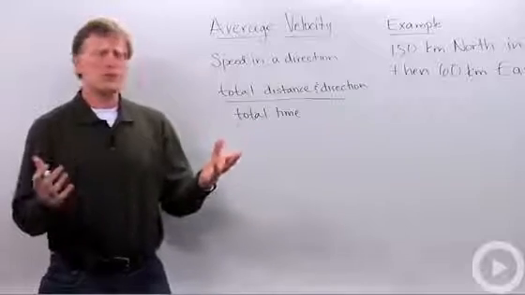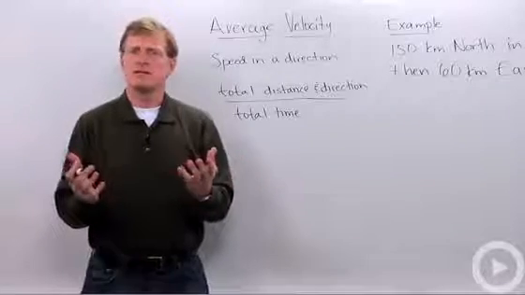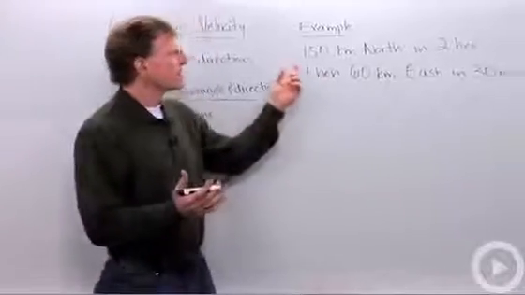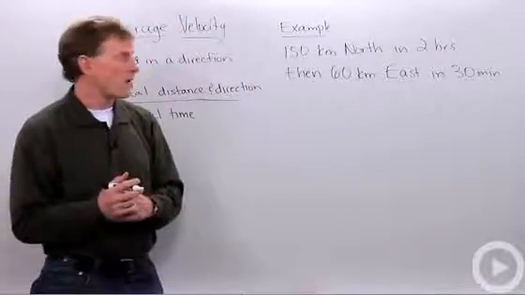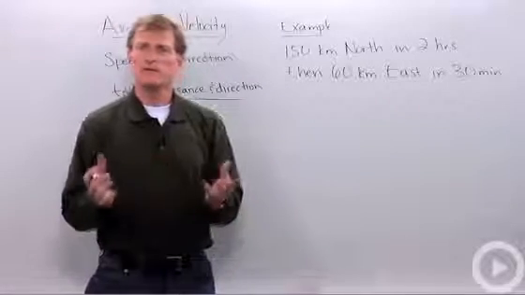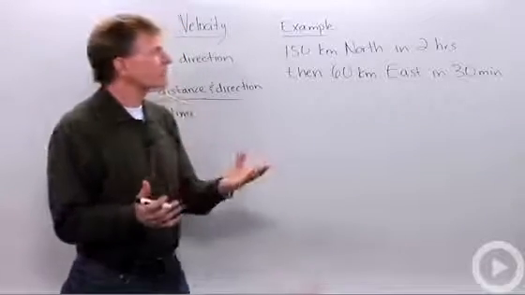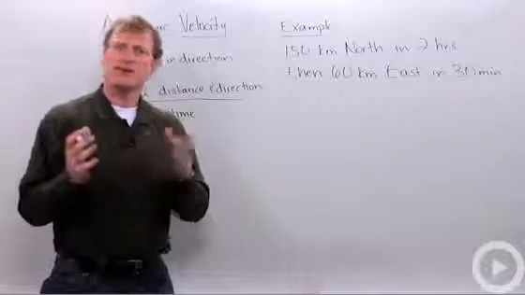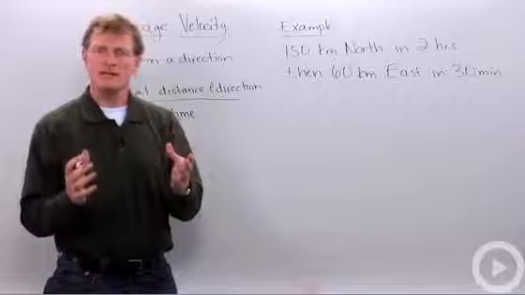Okay? Well, how do we solve a velocity problem, and how is it different than solving a speed problem? Well, let's look at an example. Let's say I travel 100 kilometers north in 2 hours, then travel 60 kilometers east in 30 minutes. If this was a speed problem, I could just add those up and divide, okay? But this is a velocity problem, so I've got to solve that as two separate velocities because they're not the